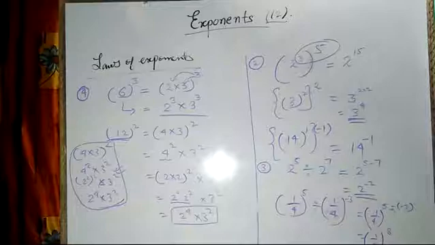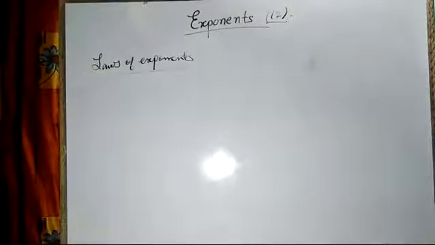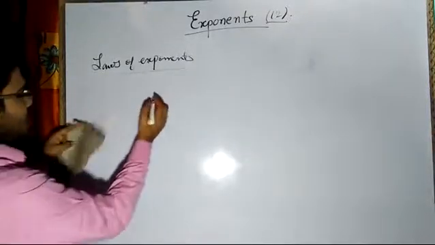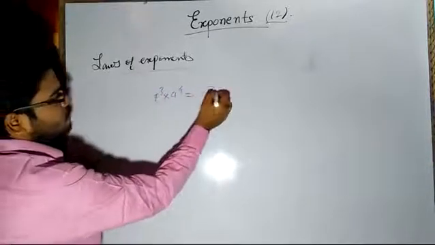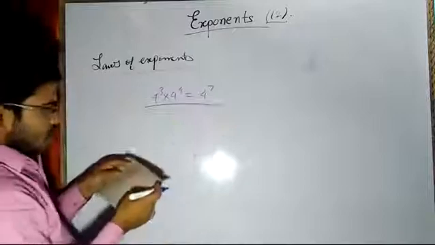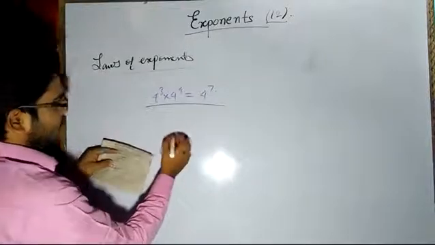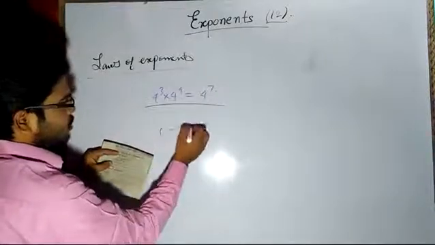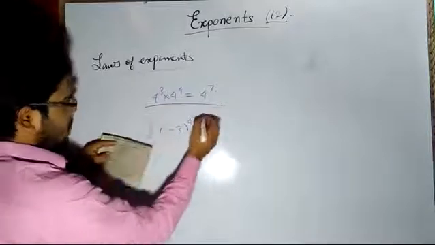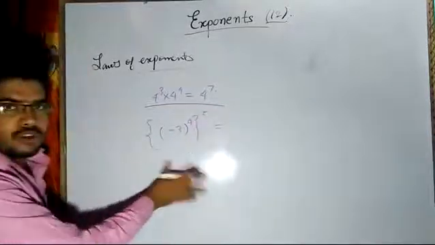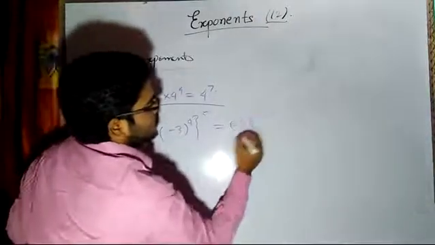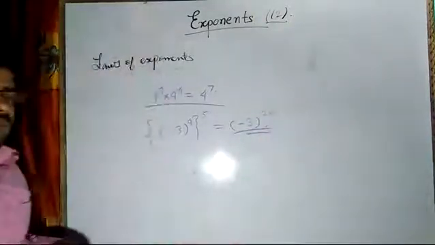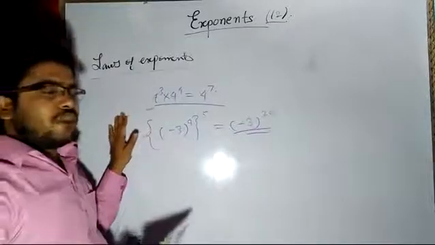Now questions are like 4 raised power 3 multiplied with 4 raised power 4, that means 4 raised power 7. I have already discussed. Now another one was to simplify, like it was given 3 raised power 4 in curly brackets raised power 5. So this type also I have discussed. This means it will be 3 raised power 5 fours are 20. So this is what you have to do. You have to write in simplest form. This is based on law.